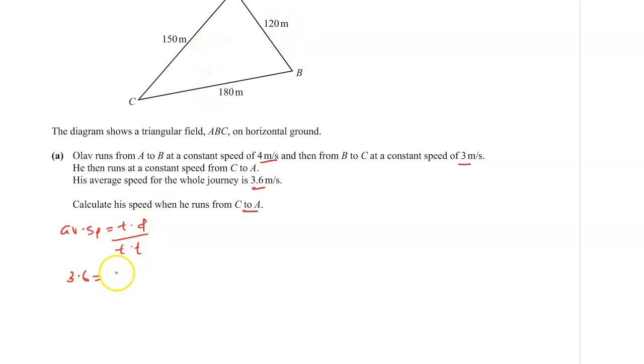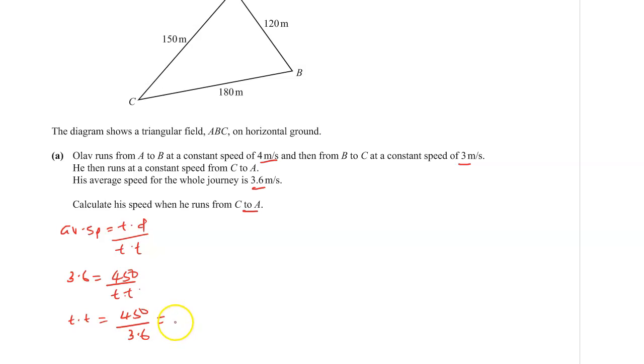So total distance is 450, and we don't know the total time it takes. So total time is equal to 450 divided by 3.6, and this gives us